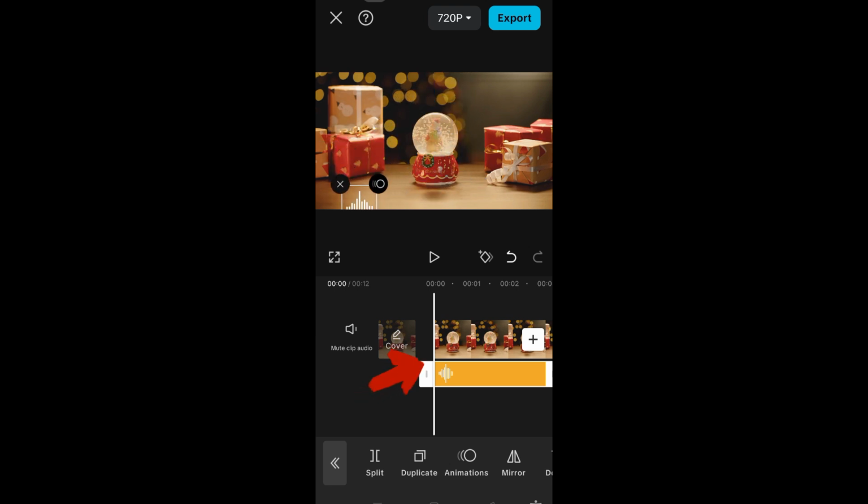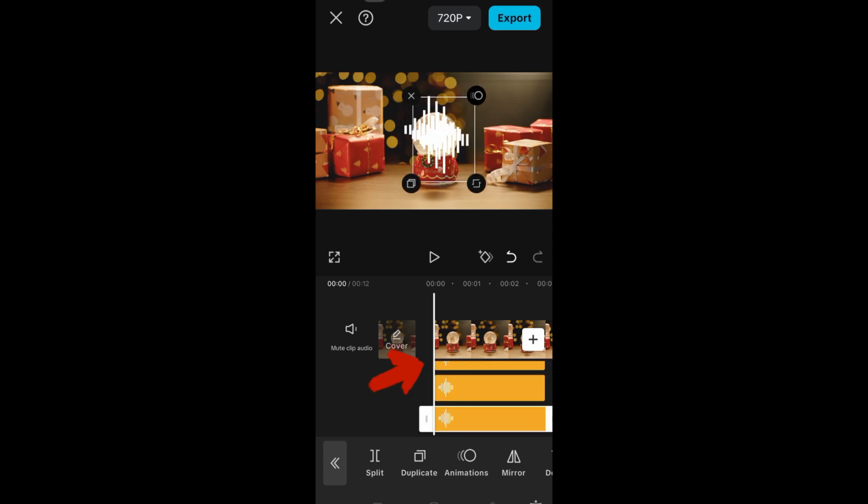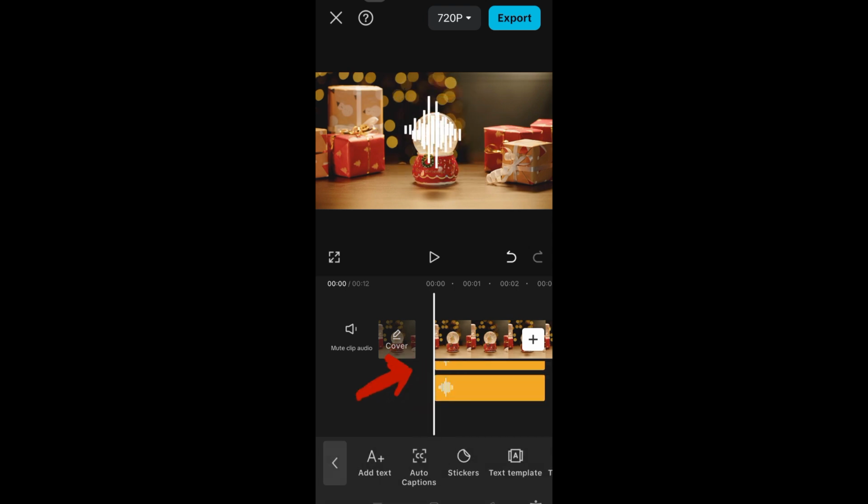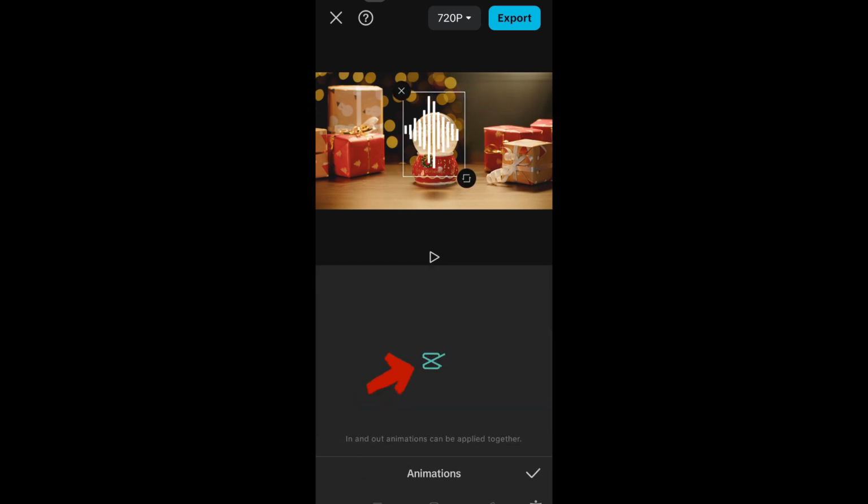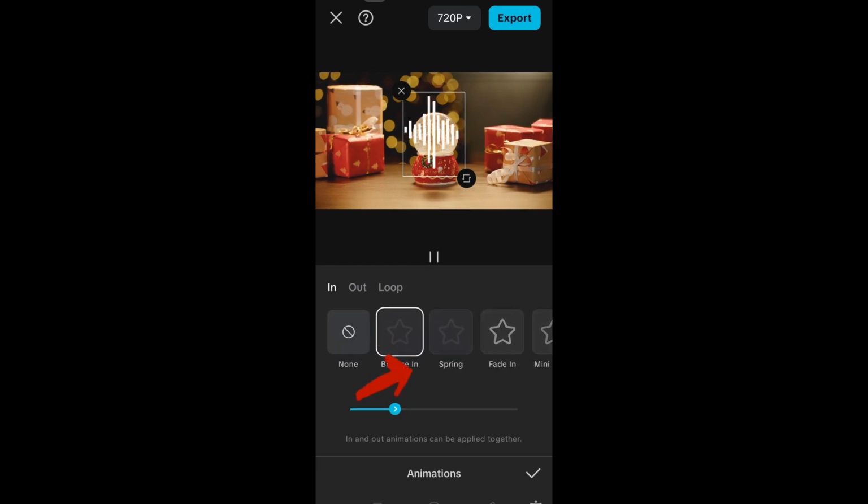Now, if you want to match the length of the audio spectrum to the video, you just have to click this audio spectrum below, tap, and then you can increase or you can duplicate if you want. But let me tap this yellow right here, increase, and then I want to match it with the length of the video. You can add effects if you want, in, out, and loop,